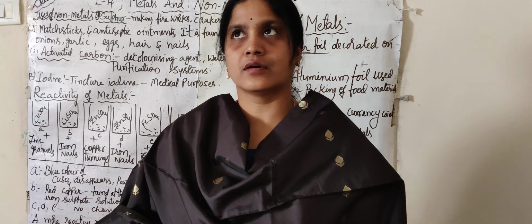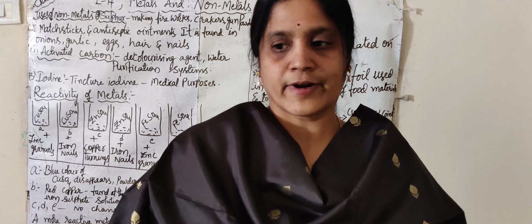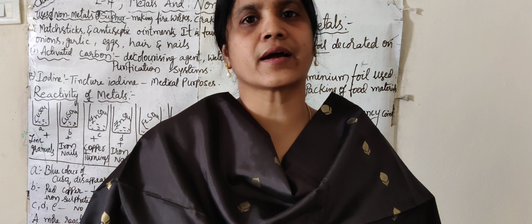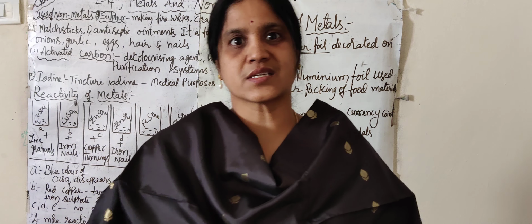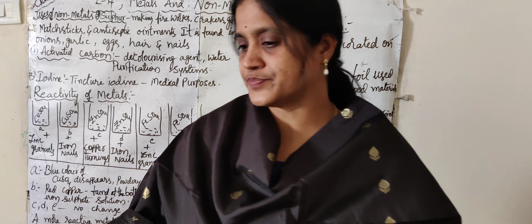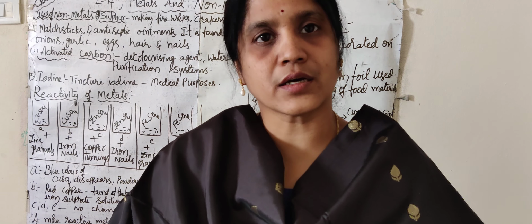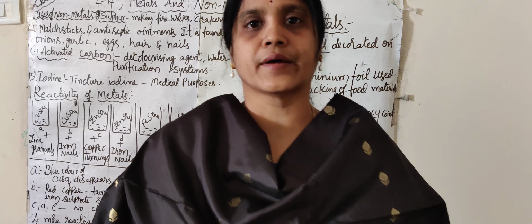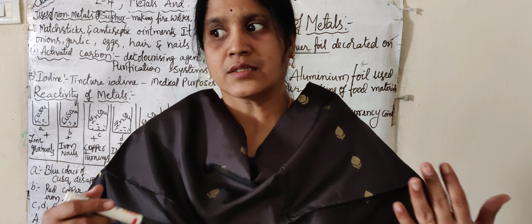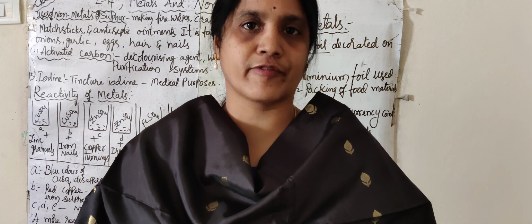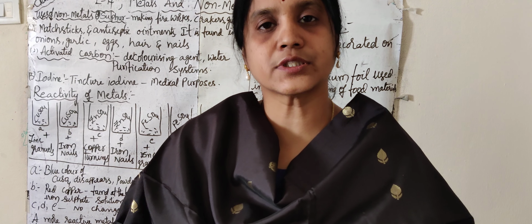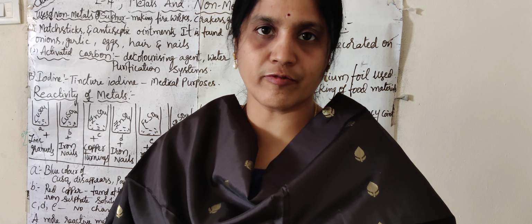Now, among the chemical properties, for example, sodium reacts very fast with water, meaning it reacts immediately, but other metals do not. And iron reacts with the components of air and forms iron oxide, which we call rust. So the reactions of metals are different, and we'll discuss that in this video. We call it the reactivity of metals.